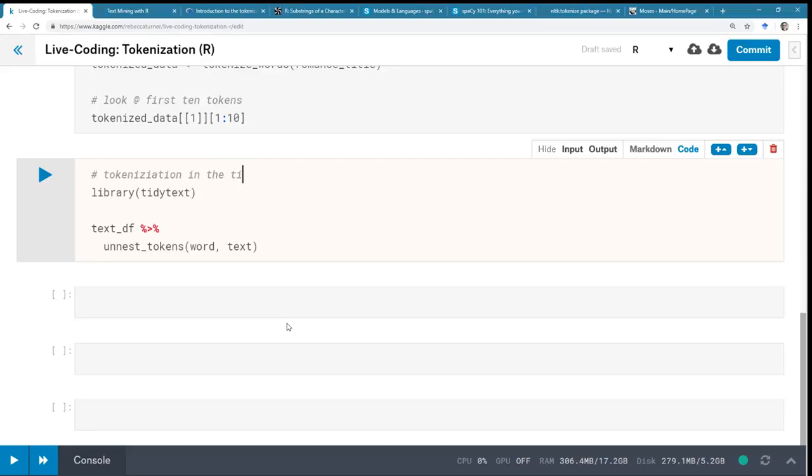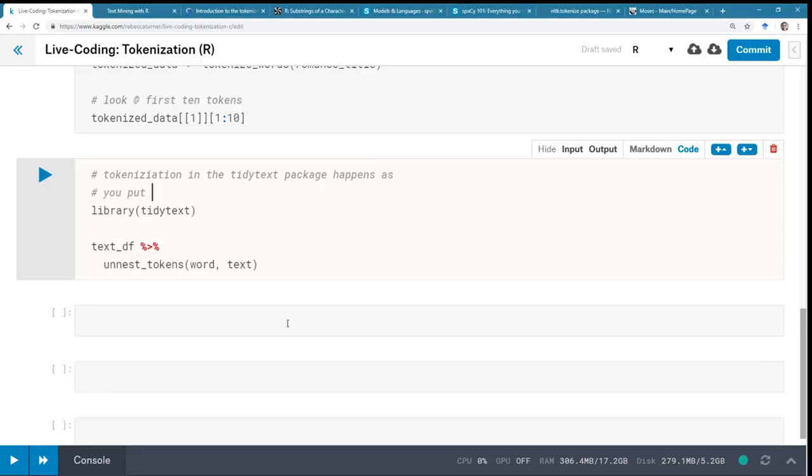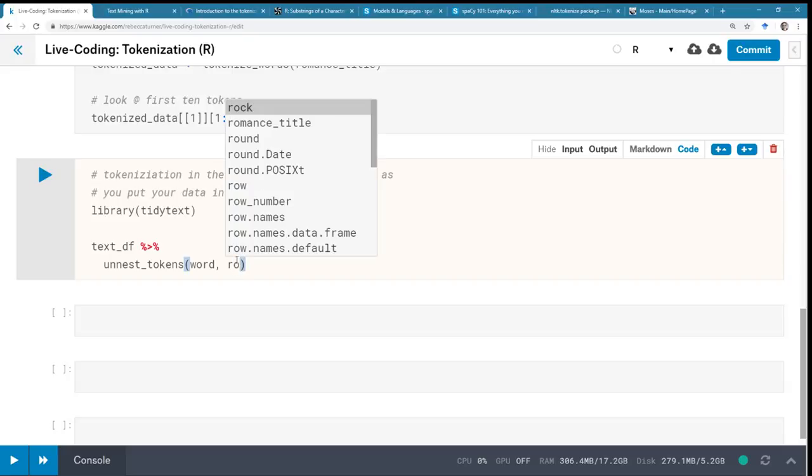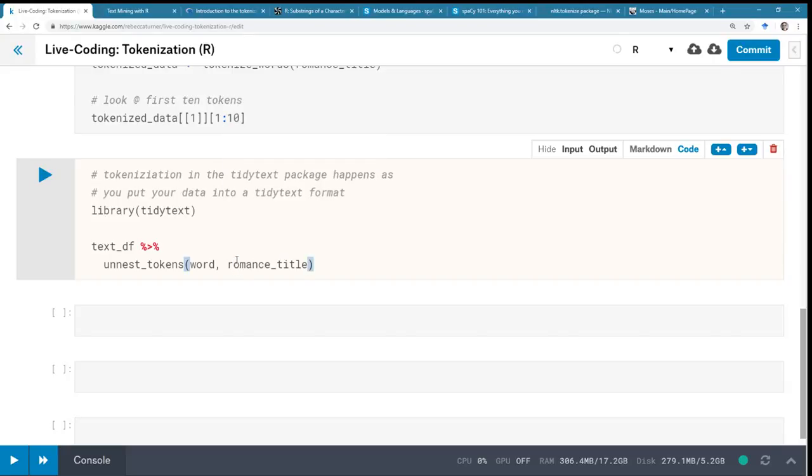Tokenization in the tidy text package happens as you put your data into a tidy text format. So instead of text, I'm actually going to say this is the romance novels. Is that what we called it? Romance title. All right. I'm going to keep it textdf, but I'm also going to assign this into a variable so the whole thing isn't printed out. And let's call this